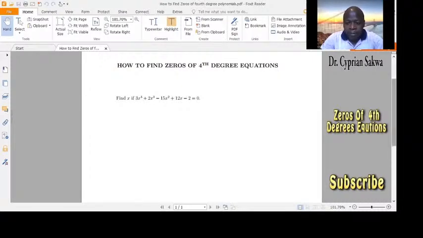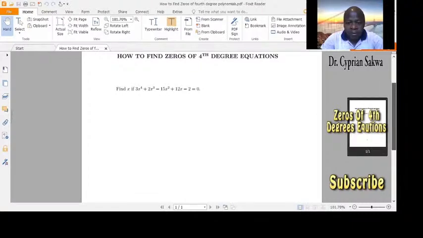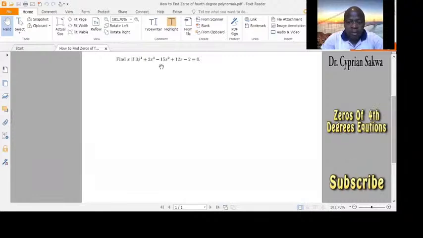Now, what I'll be doing for this kind of equation is first of all to find out whether this equation can be reduced, whether we can factorize it. So once we find out whether it can be factorized, then we factorize. And then after factorizing, we solve and find the values of x. So how do we factorize this? The first thing I said is to find out, can it be factorized? So can we find